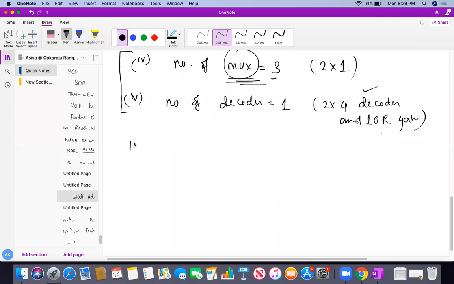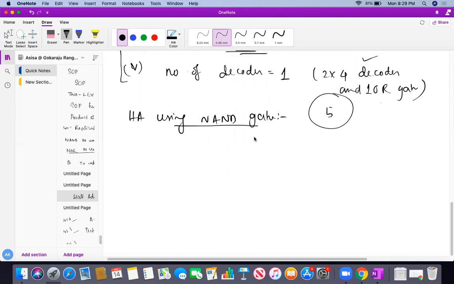So, half adder implementation using NAND gates only. Okay, using NAND gates. I have claimed here I require 5 NAND gates to design it. So how? You can see here. Very important, students. For BTech students also, this is an important one. So see here, as we know, the XOR gate can be implemented with how many gates? Just 4 gates I need. How? I can do it here like this.